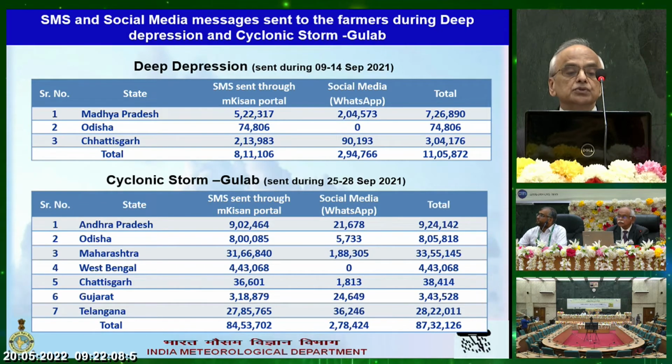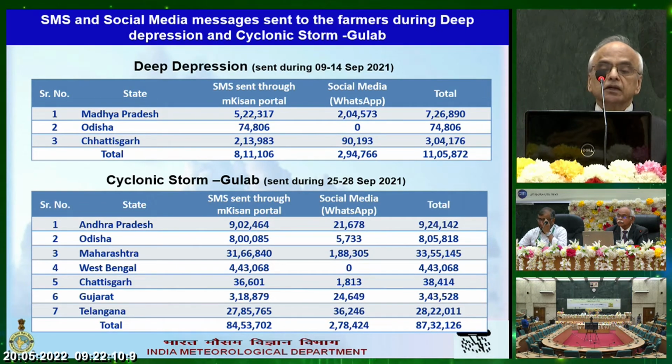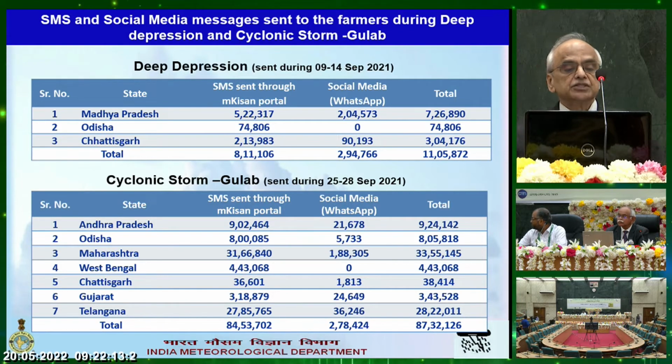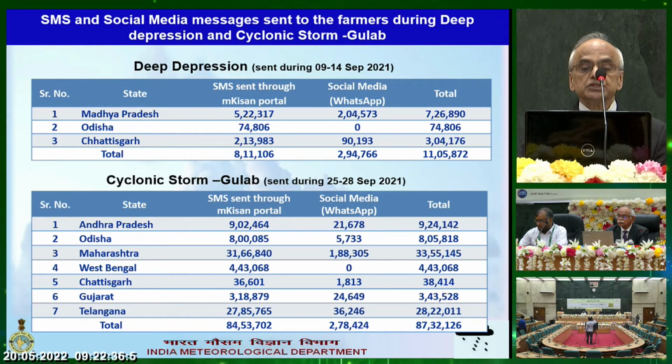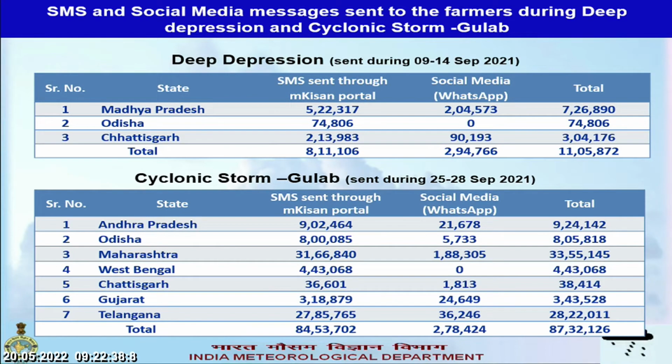So here you could see what can be done in terms of technology: sending SMSs and social media messages to various farmers during deep depression and cyclonic storm. The deep depression was during 9 to 14 September 2021. In Madhya Pradesh, Odisha and Chhattisgarh, you could see how many SMSs were sent. In Madhya Pradesh, 522,307 SMSs were sent. In Odisha, 74,806 SMSs. And in Chhattisgarh,